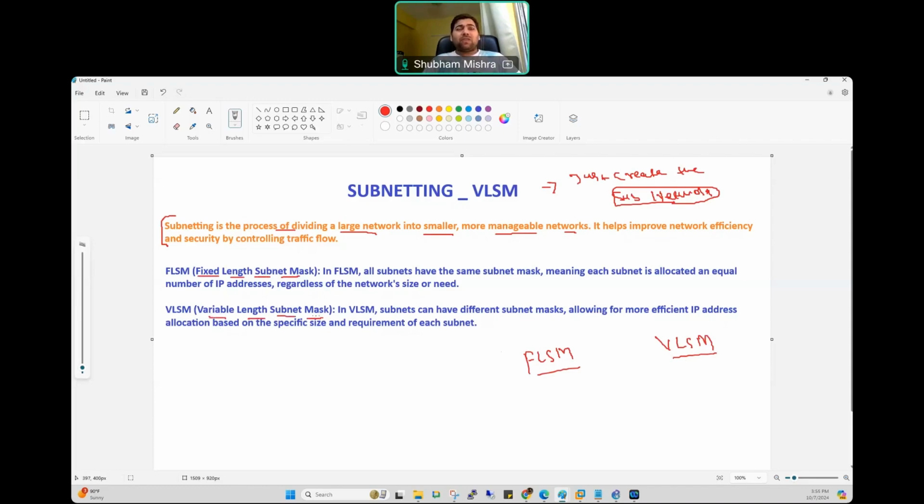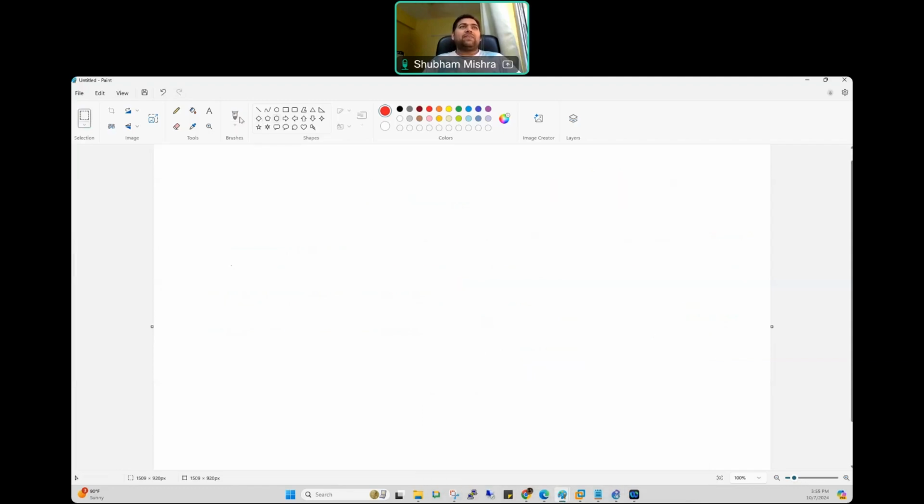Now, what is the full form of FLSM? Fixed length subnet mask. When I read the full form of FLSM, I get one thing: it means that when we perform subnetting by FLSM and create multiple subnetworks, the number of usable IP addresses in each subnet will be fixed. That is FLSM. I am just giving you one example. For example, if I have one network